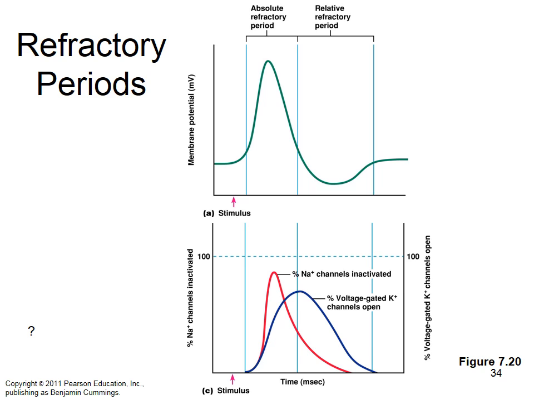Okay? The relative refractory period is due to the fact that you have voltage-gated potassium channels still open, which is hyperpolarizing the cell. Okay, so the cell is even farther from minus 55 millivolts, which would open voltage-gated sodium channels. Okay, so you need a stronger stimulus to fire another action potential.